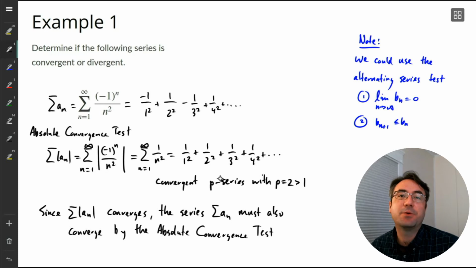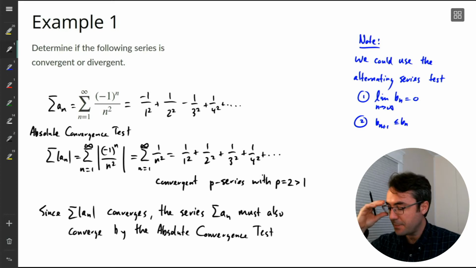So sometimes this can be a little bit quicker than doing the alternating series test. But again, that would be just another way to do this one. We could have just shown it directly by the alternating series test. That would have also been perfectly fine. All right, so